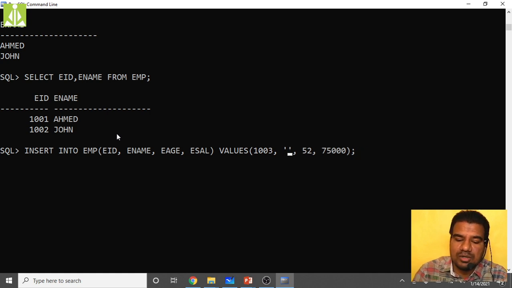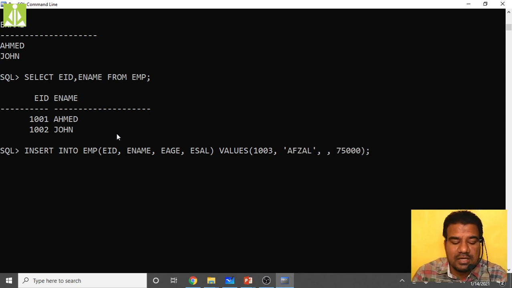Then in place of John you can put Afzal. The age is 32, and the salary will be 50,000.